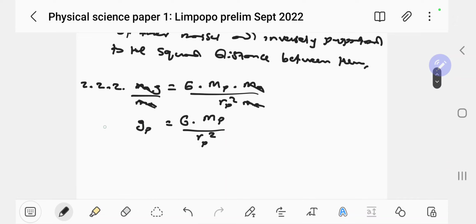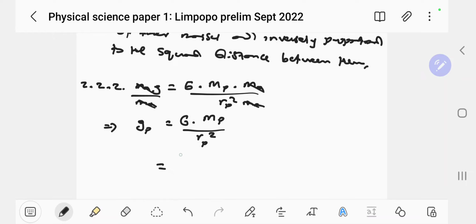So I was just trying to show you how you derive this equation. Again, you do have this equation on your information sheet, so you don't have to really rely on this, but at times things make a bit more sense when you trace where they come from, so that you are sure you're doing the right thing.